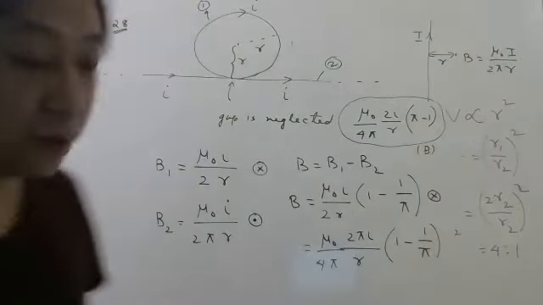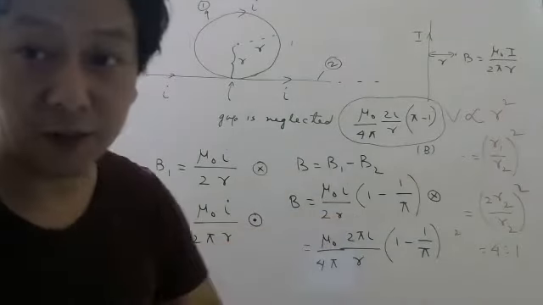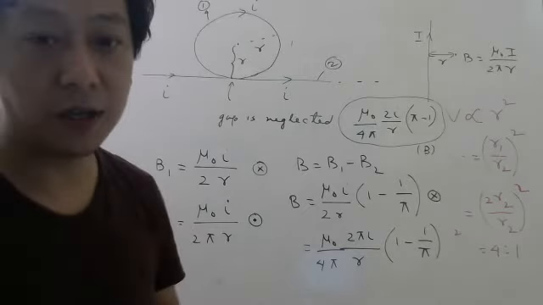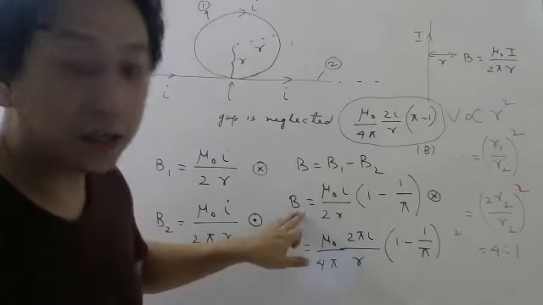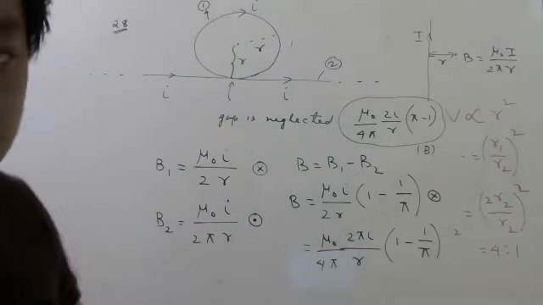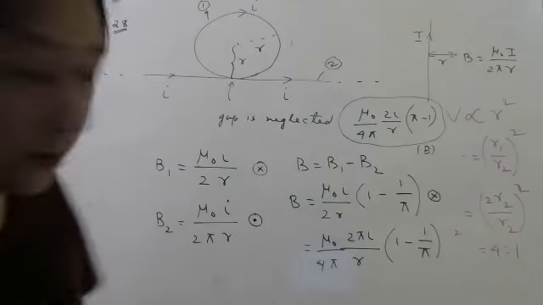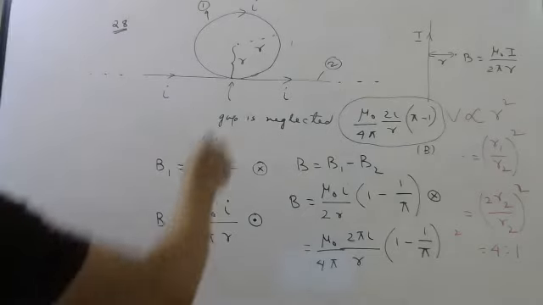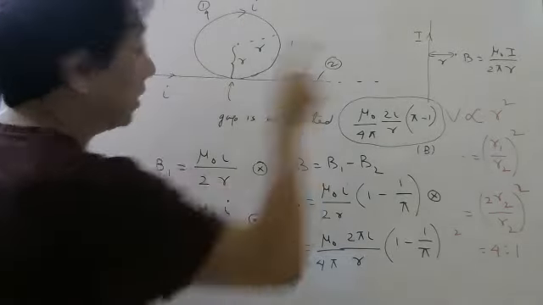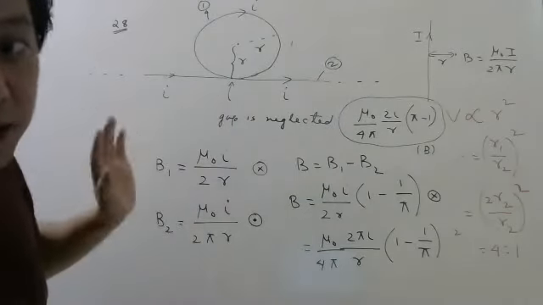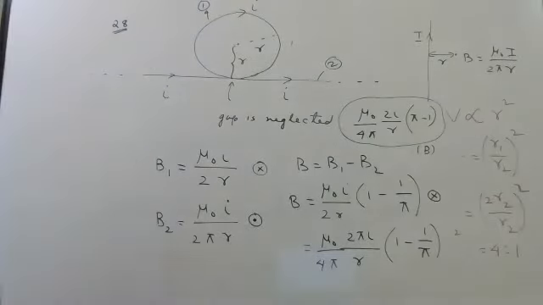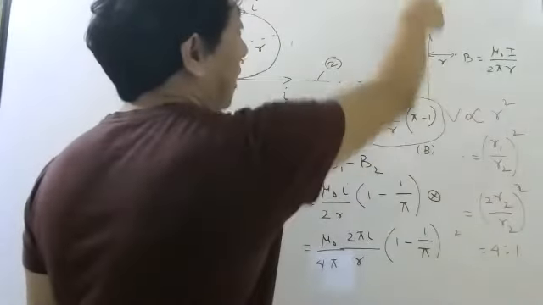So remember students, sometimes after solving, your answer may not match with the option. That doesn't mean the question is wrong or something. You have to check whether you can convert your answer into one of the options by doing some manipulations as per mathematics. Okay. So again, very good question. First you find magnetic field due to circular wire, then due to straight wire. This time the straight wire will also produce magnetic field because this point is not on this line. If this point is on this line, you know magnetic field is 0.